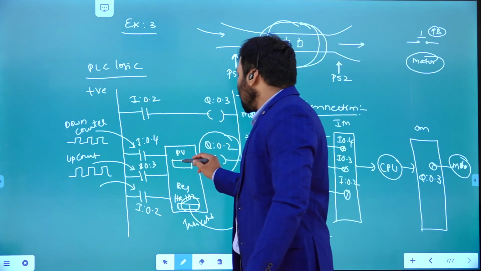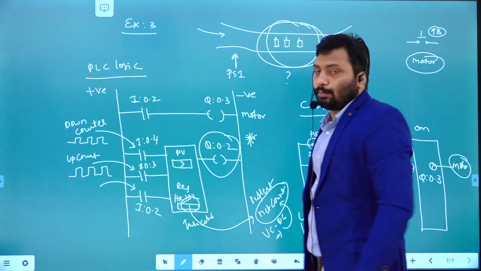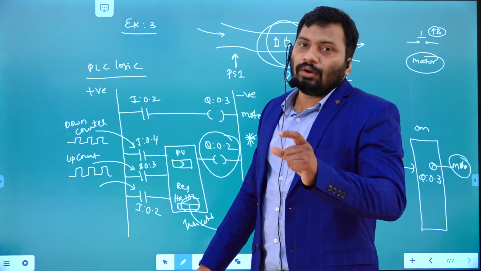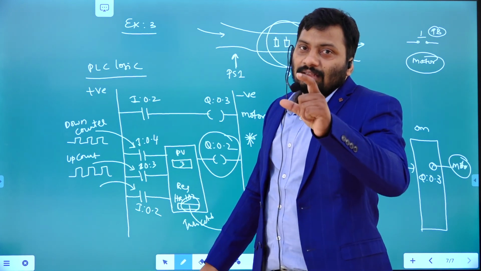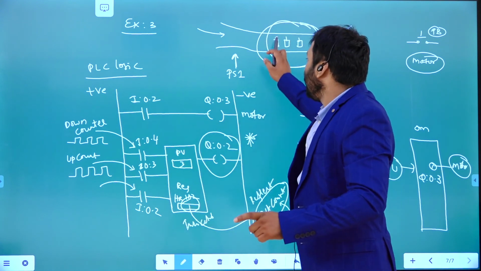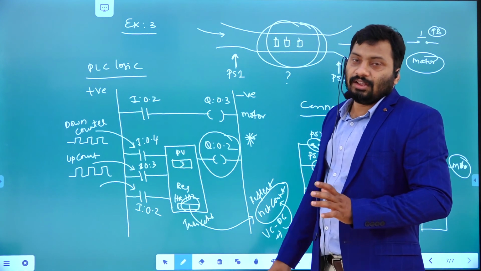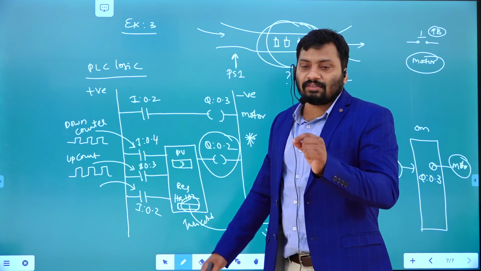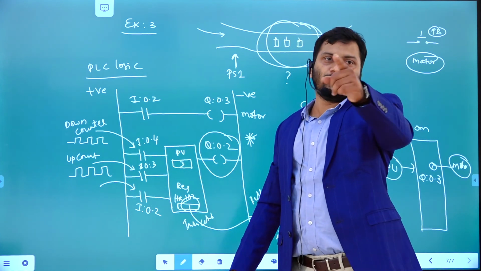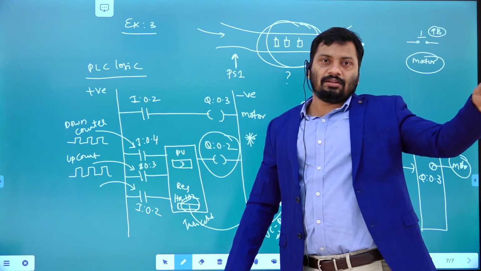The preset value is 3 according to this example. The preset value is going to be set with the number of bottles present on this particular conveyor belt initially, the initial value. For example, one bridge is there, right.